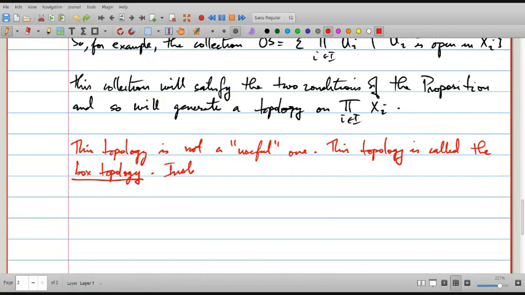Instead, on the product of an infinite, well, on an arbitrary product,